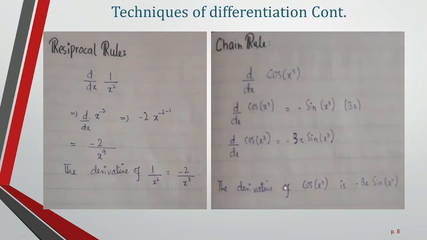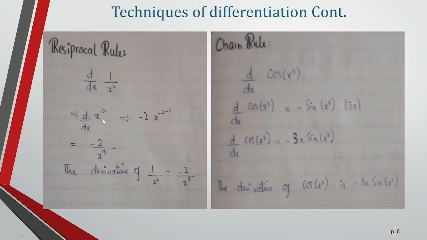Derivative of 1 over x square. Shift the denominator to the numerator, so it will become x raised to minus 2. Solving this the same as the power rule, minus 2 will be written before the function and 1 will be subtracted from the power. It will become minus 2x raised to minus 3. Minus 2 minus 1 will become minus 3. Shift the negative power to the denominator to have a positive one. It will be minus 2 over x raised to 3, which is the derivative of 1 over x square.